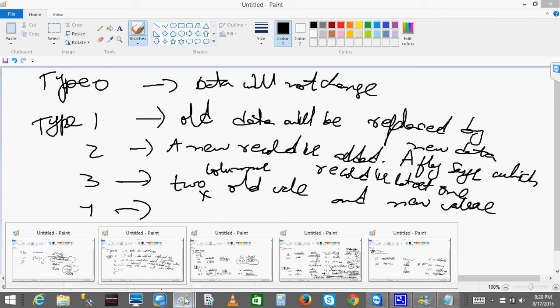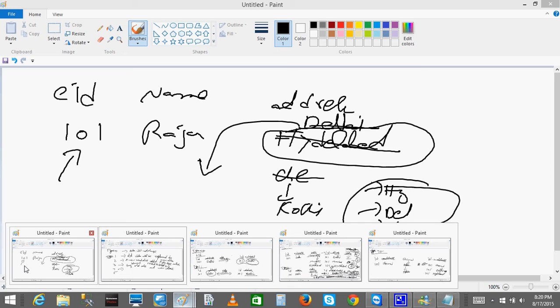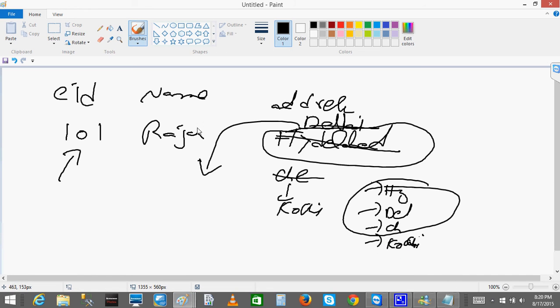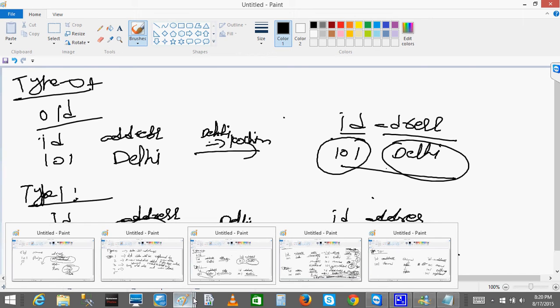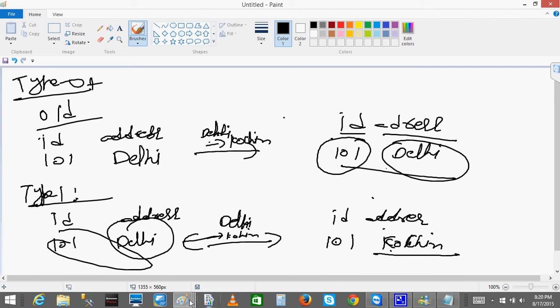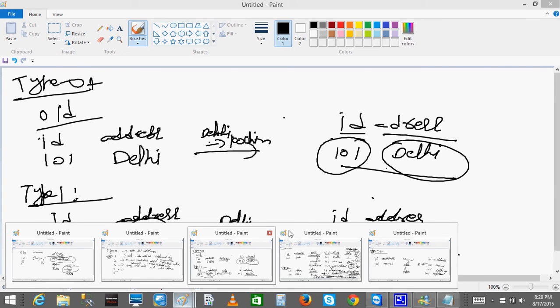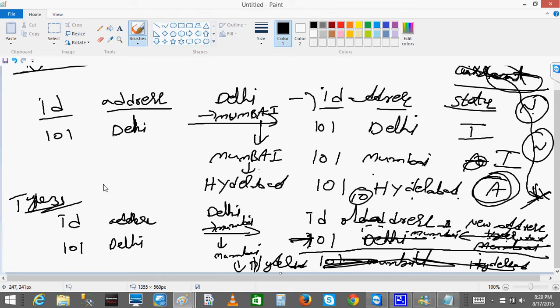So we'll go one by one. This is type 0. Even if you update, it will not update. Next, if you see type 1, when you update it, the old value will be replaced by the new value. Type 1. Next, if you go to type 2,